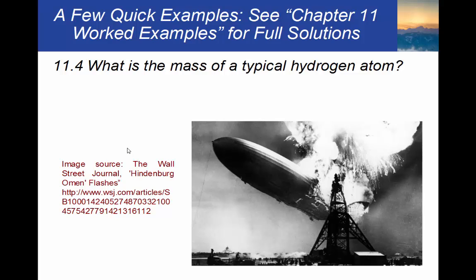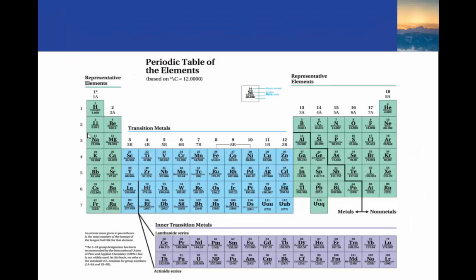Alright, so I think that's enough for the solubility stuff. Let's look at some other topics that are in this chapter. What's the mass of a typical hydrogen atom? So in order to answer that question, we look at our periodic table of the elements, which is actually several of the figures in this chapter. The one that we specifically want, if you're using your book to get this periodic table of the elements, is